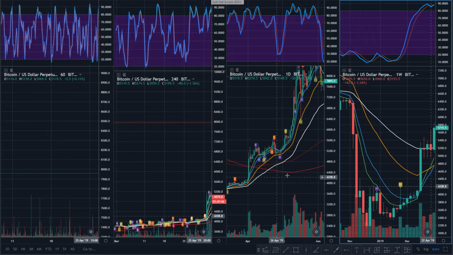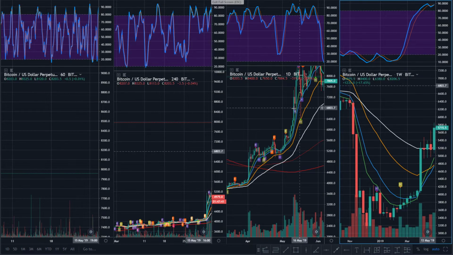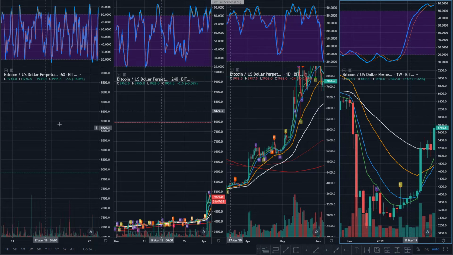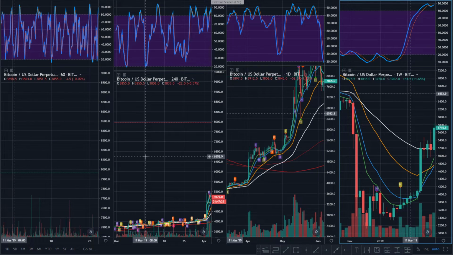Why? Well, because the guys that are trading the weekly are long. The guys that are trading the daily just became long. The guys that are trading the 4 hour are long. The guys that are trading the 1 hour are long. The shorts that got short are burnt and now they're buying, right? It's all about flow, cycles, flows, how the market moves, an understanding of that, etc.